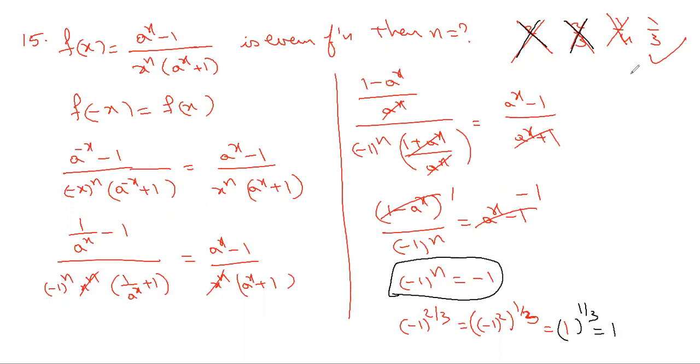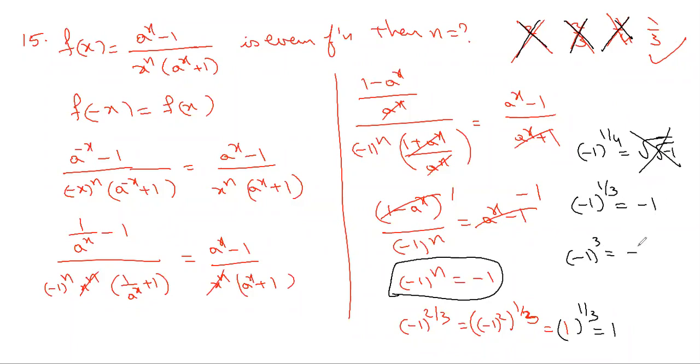And then if you go for 1/4, (-1)^(1/4) is the root of root -1. Root of -1 is not a real number. So it is not a real number; only where it will be equal to -1. So this is also not satisfying. So this should be the answer, but still we can verify whether it satisfies or not. Cube root of -1 is -1 itself, because (-1) the whole cube equals -1. If you take the cube root on both sides, (-1)^(1/3). So that's why 1/3 is the answer.